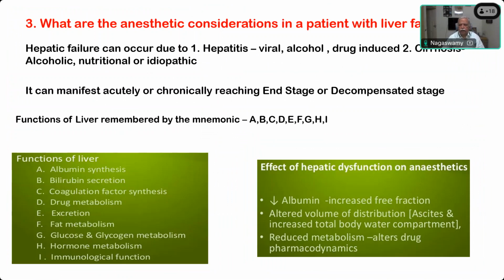So decrease in albumin increases the free fraction of all the drugs that you give because protein binding is not there. Free active fraction will be more, and that will also cause altered volume of distribution because of the ascites and increased body water compartment. And because drugs are metabolized very slowly or incompletely, it alters the drug pharmacokinetics. So that is the first point that you have to think about. Then